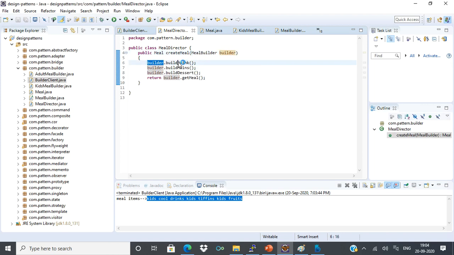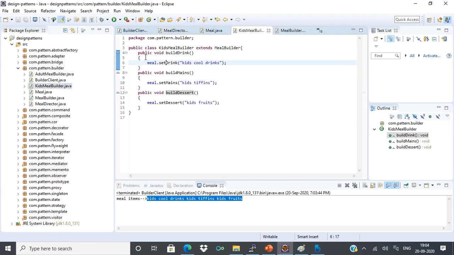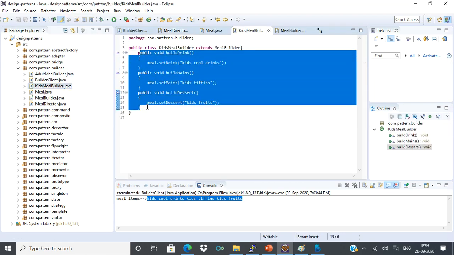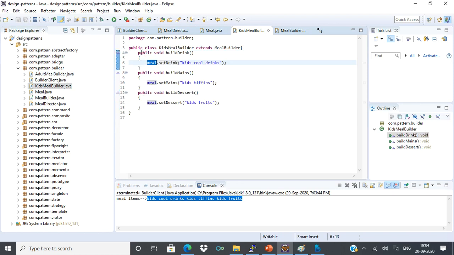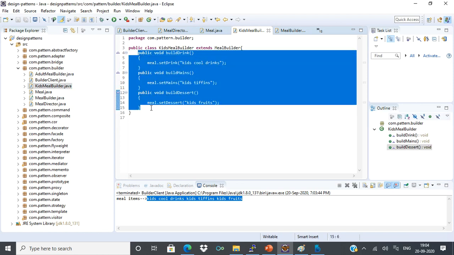Now kids meal builder dot build drink, kids meal builder dot build mains, kids meal builder dot build dessert. When we go here, these methods will be executed, and a meal object is created. In this way a builder pattern is done.